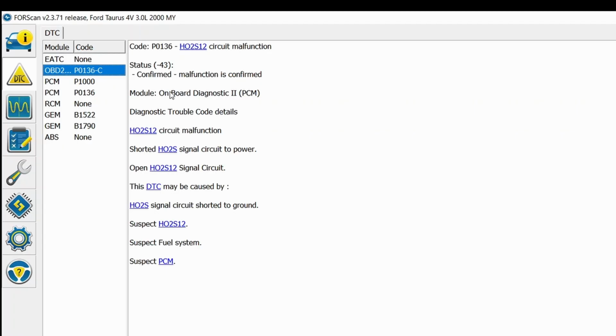To do this, I decided to use a software called FORScan in order to analyze the signals being generated by the O2 sensors. And in this video, I'm going to show how I downloaded, installed, and used FORScan to try to analyze this issue. And just as an FYI, this FORScan software only works for Ford, Lincoln, Mercury, and some Mazda vehicles. So the first thing that you're going to need if you want to use FORScan is something like